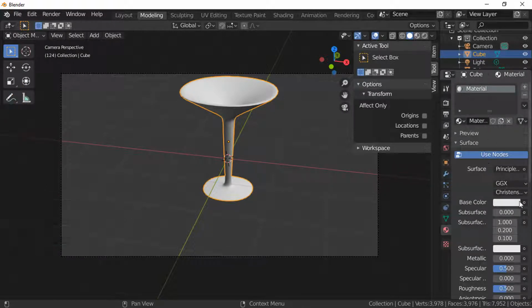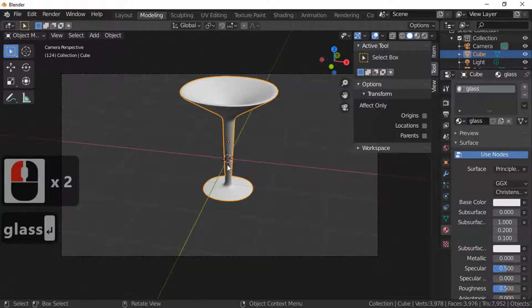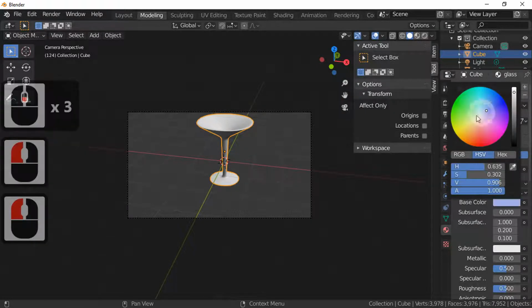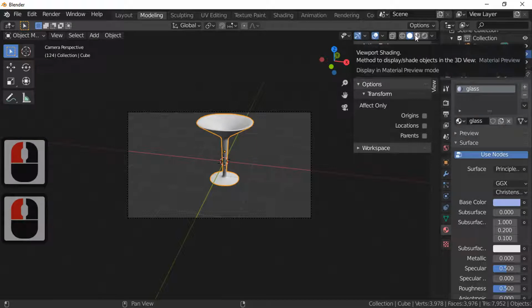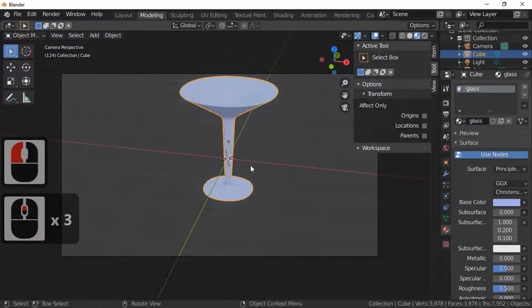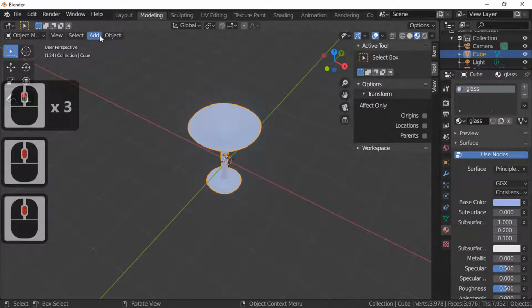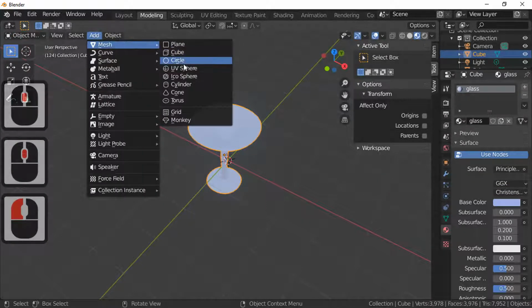New material, and the new material shall be, we'll make it into a glass material. So the glass material, I'm going to make it slightly blue. Next thing I'm going to do is go into viewport shading, which is there. As you can see, it's not very opaque or see-through or anything. I'll just add a